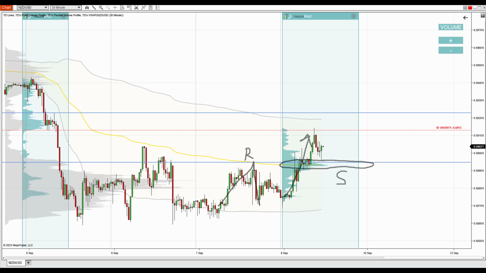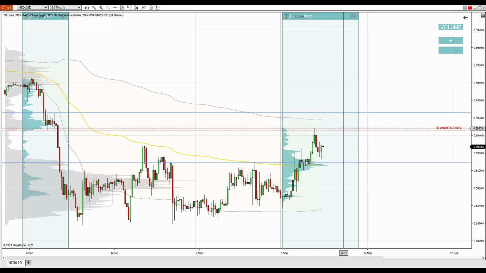Right, so actually there were 3 reasons to quit the trade in here. First reason, heavy volume zone. Second reason, resistance, which became a support. Third reason, VWAP. Now I didn't want to risk it,